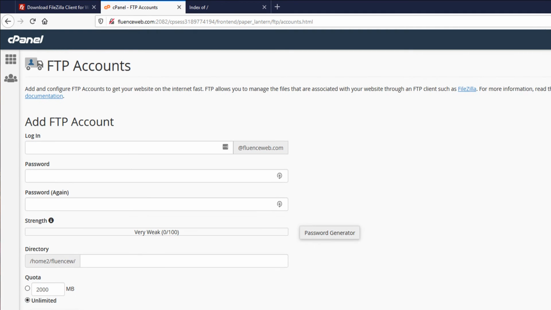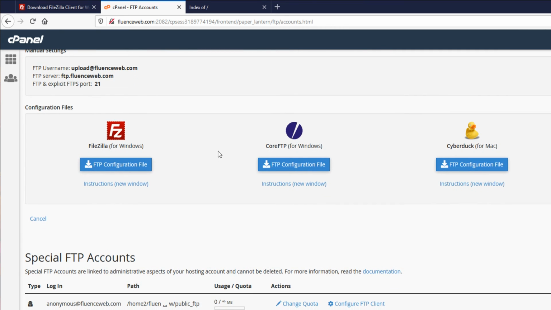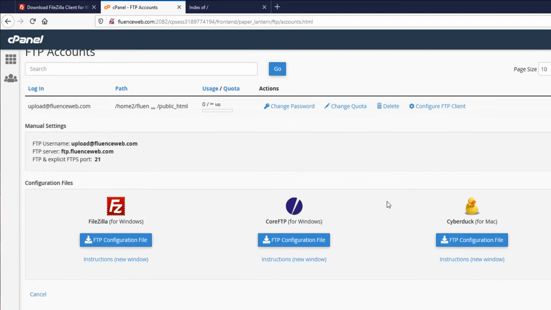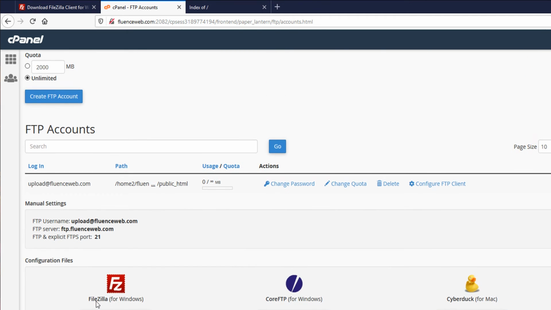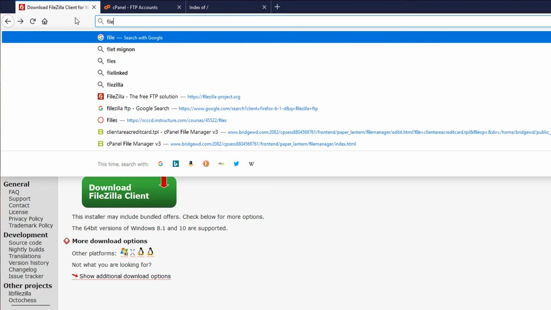So we have an FTP username created, and next we need to download an FTP client. There's some popular ones right here: Core FTP, FileZilla, CyberDuck. So I'm going to go ahead and go with FileZilla. If you guys have a Mac computer, you could download CyberDuck as well. So to download FileZilla, we're going to go to filezilla-project.org, right? So if you Google FileZilla,